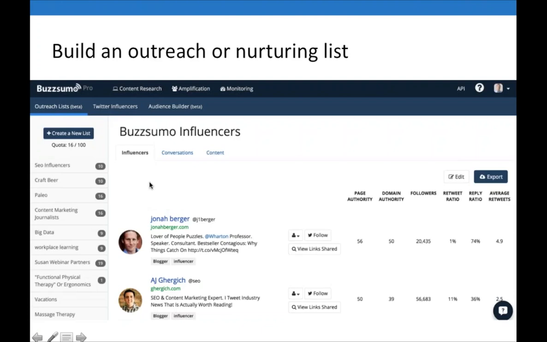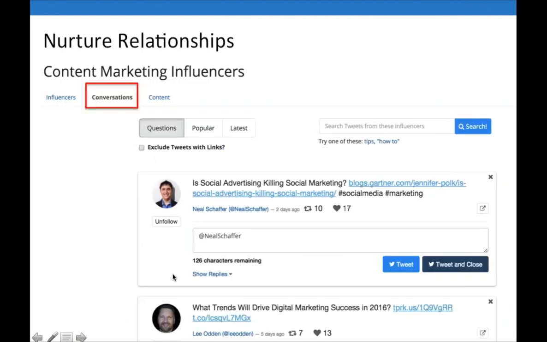So those of you who use BuzzSumo, you'll see here that I'm on the outreach list feature. I've got my list of influencers, everyone that I've added to the BuzzSumo list of influencers here. You'll see there are two other tabs: conversations and content. And if I flip to the conversations tab, what we'll show you is every time any of your influencers